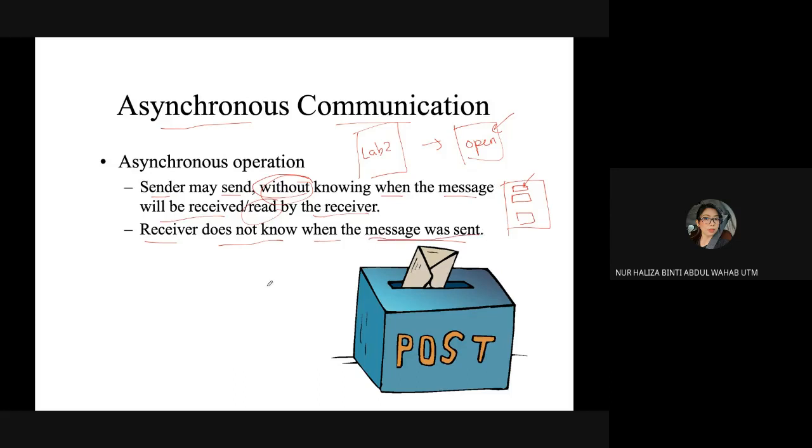In terms of email nowadays, of course you will see there is a time and also a date. So you know it, but it's still unsynchronized, because you can open whenever you want. Only that it has an improvement in terms of detail: when the email came in, what date, what time.